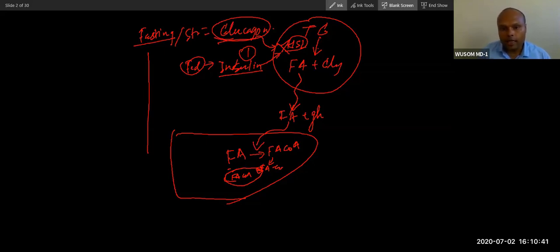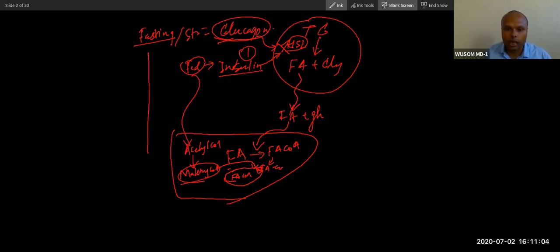And second, there will be production of a high amount of malonyl coenzyme A from acetyl coenzyme A during the fed condition. This malonyl coenzyme A will inhibit an enzyme that is required for transporting this fatty acid